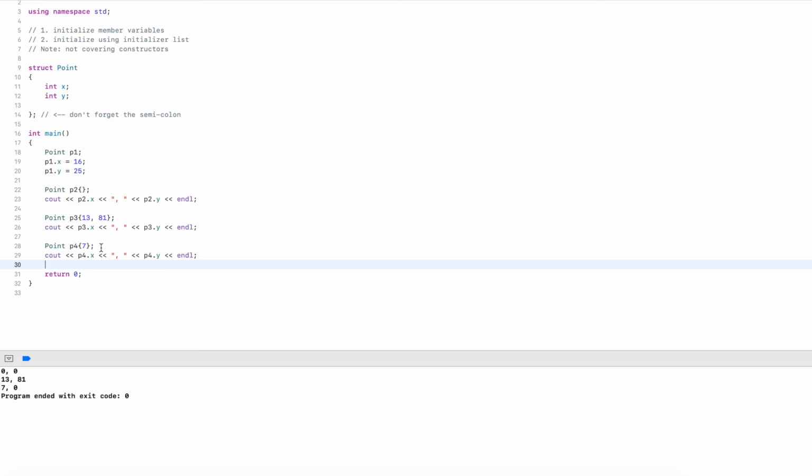So these are two ways of initializing the members of a struct: simply declaring it and then initializing each individual member, or we could use an initializer list and provide the values. There's a third option, which is defining a constructor function inside the struct and then invoking the constructor function. But I will cover this in another video with classes and not with structs here.